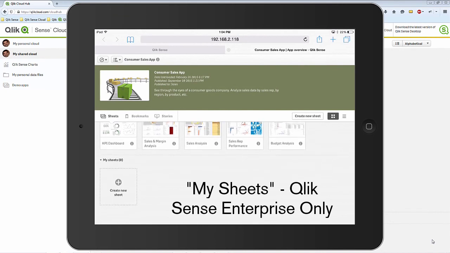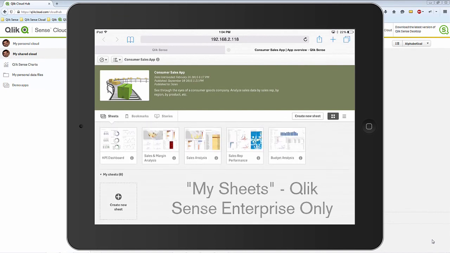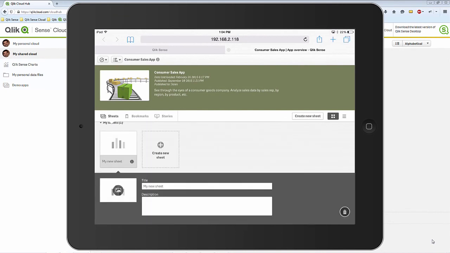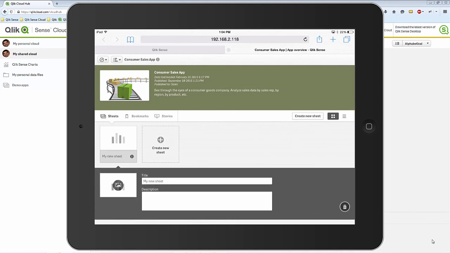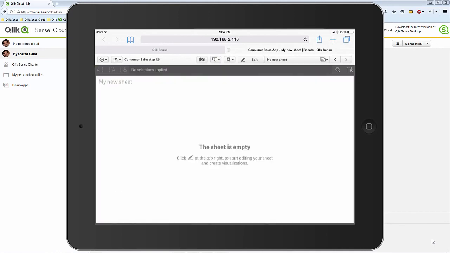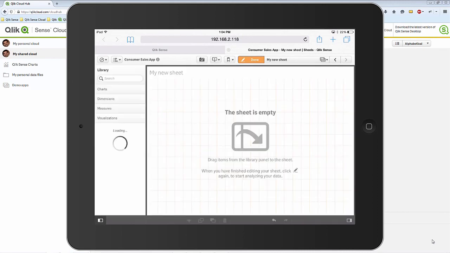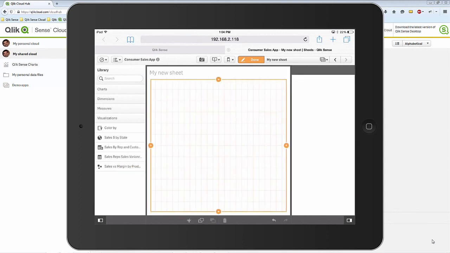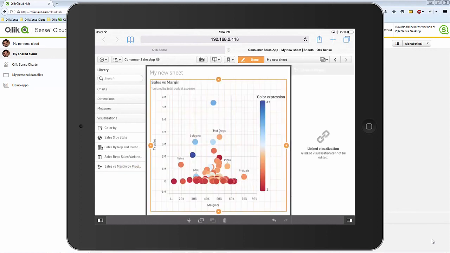So you can see I have a section here marked My Sheets. So I'm going to click Create New Sheets, and I'm going to accept the default parameters, go into the sheet, and then I'm going to click Edit. And then based off of that approved library of governed visualizations, dimensions, and measures, I could actually start creating my own visualizations. So for example, I can start out with the sales versus margin visualization that you see here,